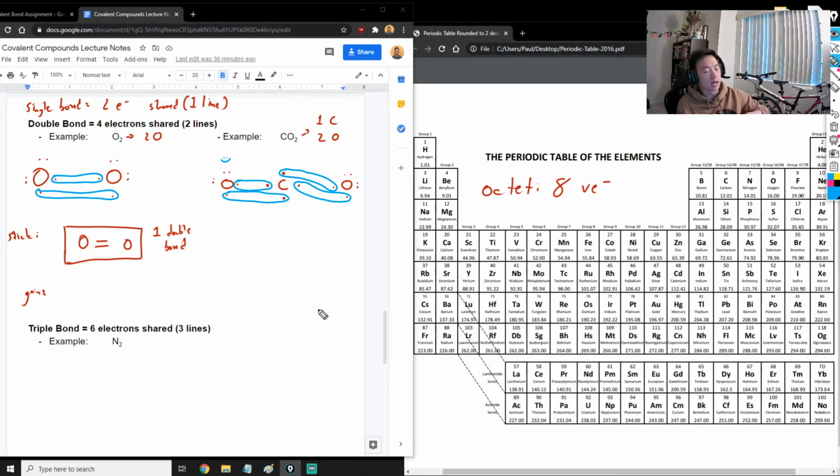And now everybody is happy. If you want to pause the video so you can count and make sure that they all have 8, you can do so right now. But they all have 8 electrons now. And so if I drew the